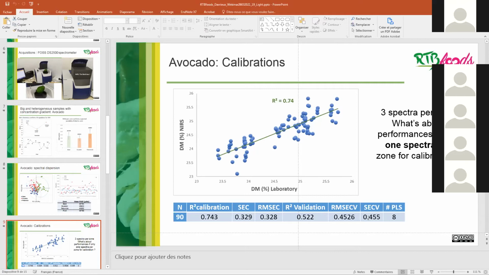For example, we know that for noise spectra, it's not the same for an ASD and a FOSS instrument. If you do RMS, because RMS is first applied to noise spectra to see the repeatability of the noise, you will see that for ASD it is 10 or more than 10 times higher than for the FOSS instrument. So the instrument will have a part in that, but it will not change the heterogeneity of the sample. It's just more sensitive to detect it or not, but it only changes the perception you get from it.